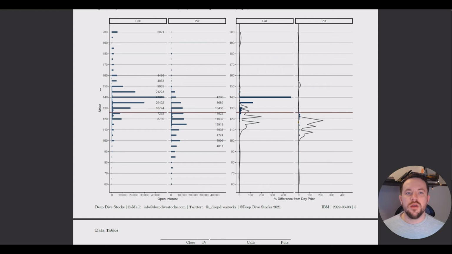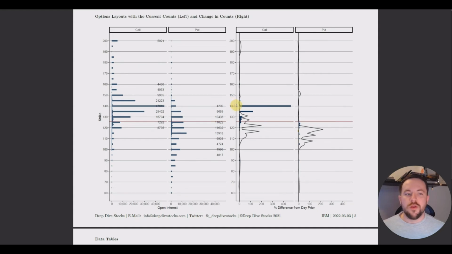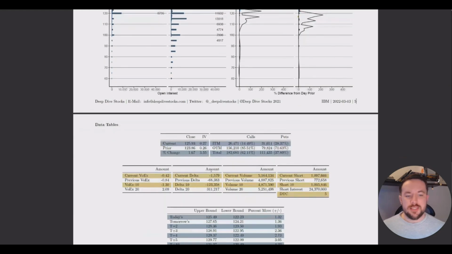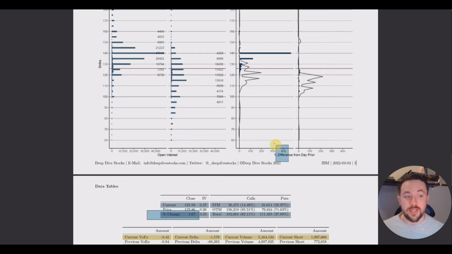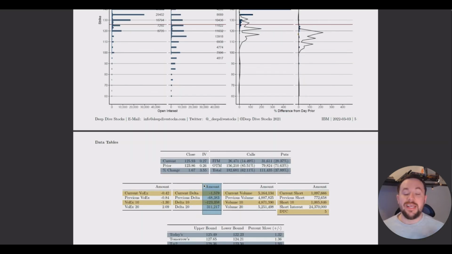So if we go to earlier in the week, we notice something interesting where this is from the 3rd, so on Thursday, we notice that a large portion of calls at 140 were opened, and in fact a 400% increase at that 140 strike. One of the things that I always like to do when I notice these large options changes is to look at the delta, and that can help us determine if those calls or puts were dealer short or dealer long, right? So the price didn't change that much, so that means that any change in delta is probably due to the 400% increase in the calls, and we see that delta increased drastically.